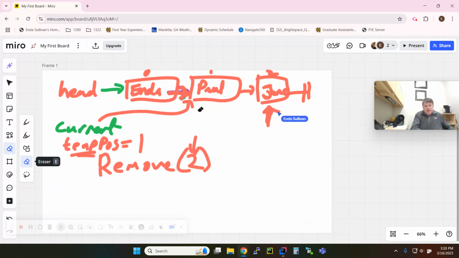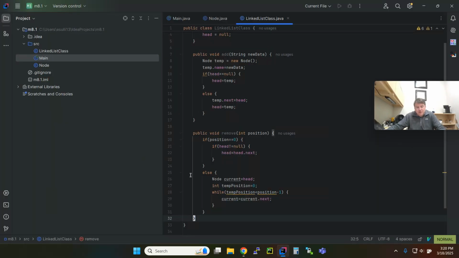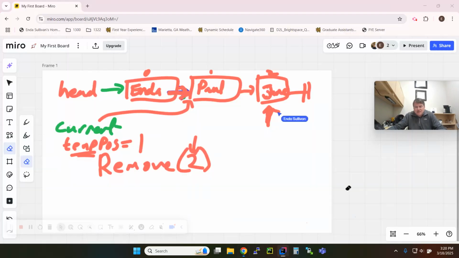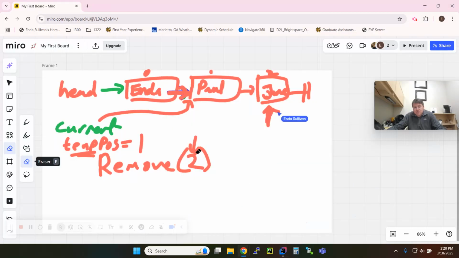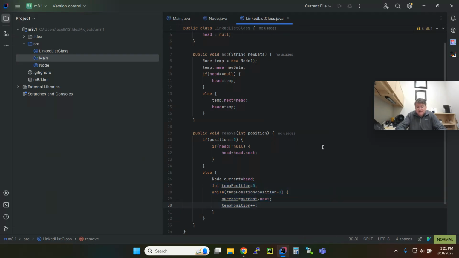Okay, so the only thing I forgot to do in my code, by the way, is update temp position with plus plus, because each time I go, I need to update the temp position because I've moved 1. All right, so this block of code has the effect of moving my current to the link before the one I want to erase. Once I'm there, I just have to make sure that there isn't a null there. So I say if